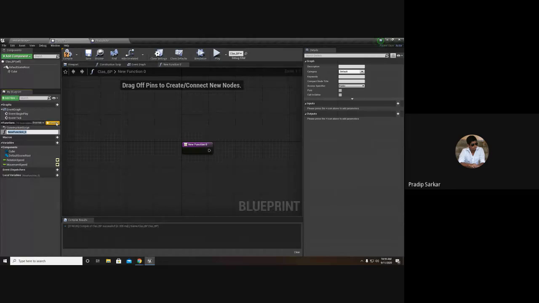Now it is asking for the name of the function. I'll give the name as move and rotation.